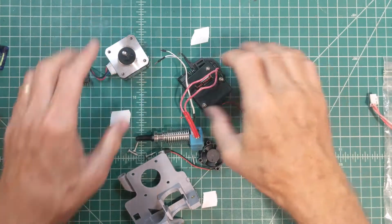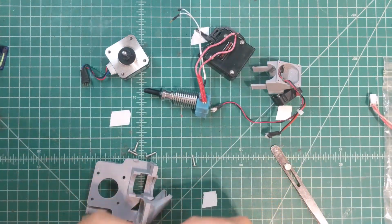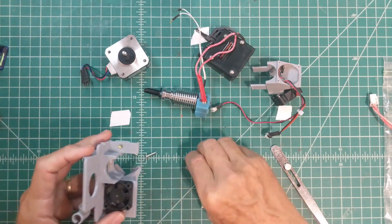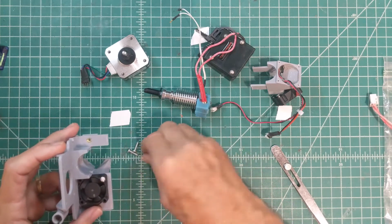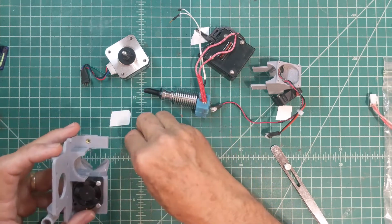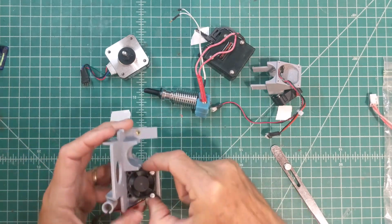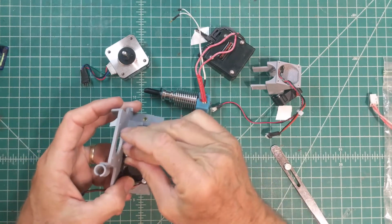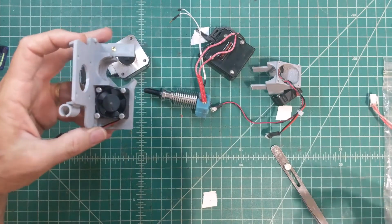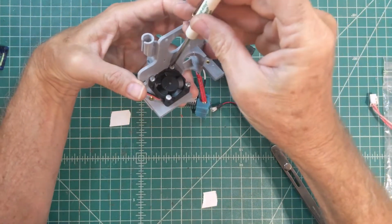The order is actually, it's not difficult to put together, but the order is pretty critical because there are some blind screws and some things have to go in before others, or you'll end up having to back up and disassemble and reassemble. So you want to start with putting the part cooling fan on. And again, that's just one of these little 30 by 30 millimeter by 10 millimeters thick fans,